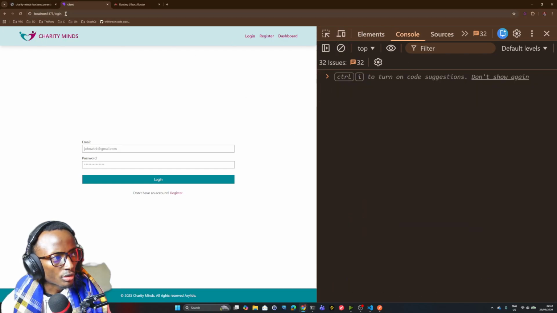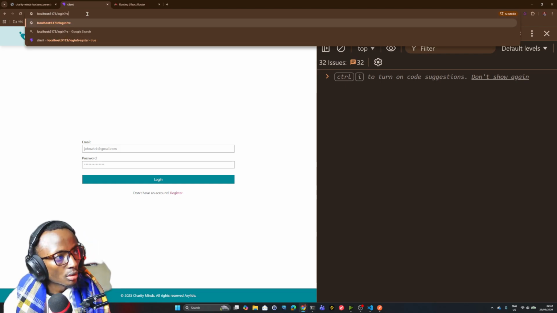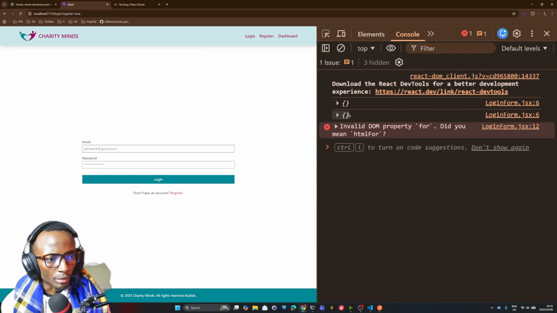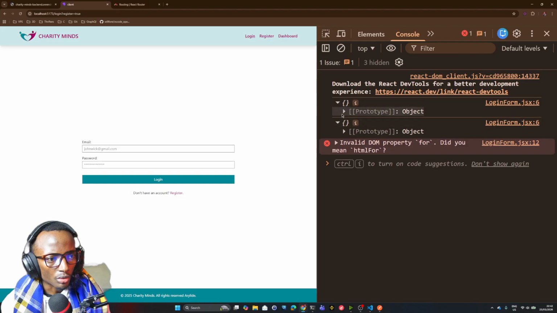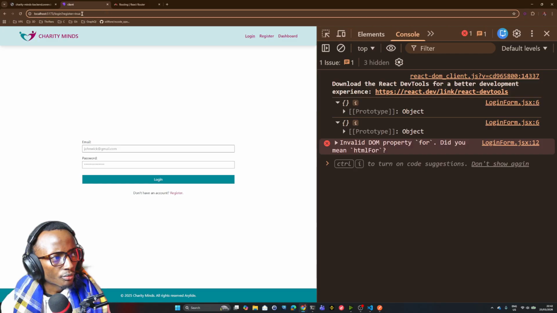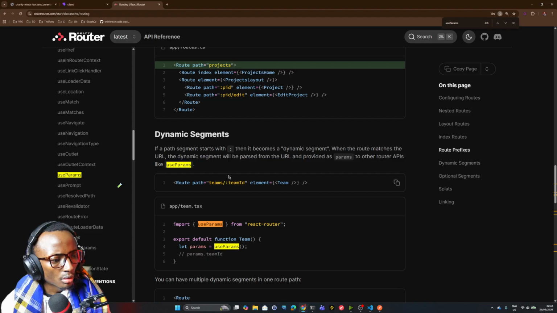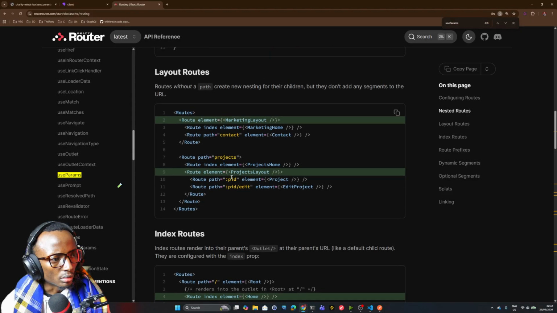Let me clear that. So the param is register equals true. Okay. So it's empty. So I'm guessing that only works for the route segments. So what does work for